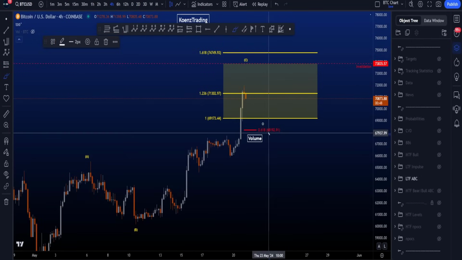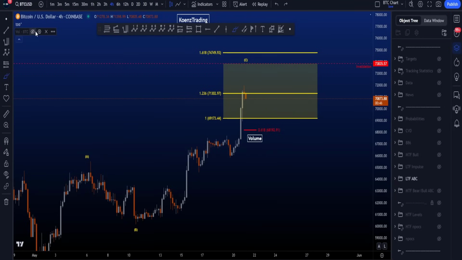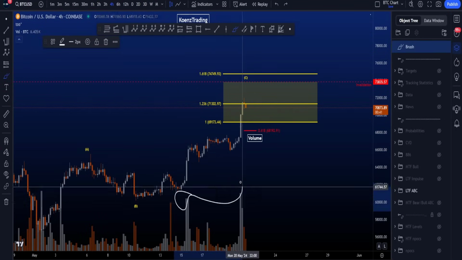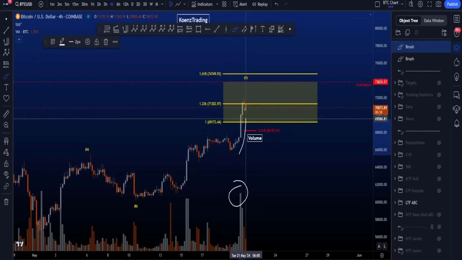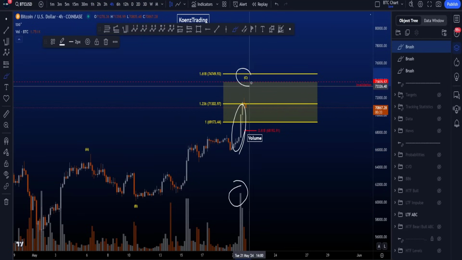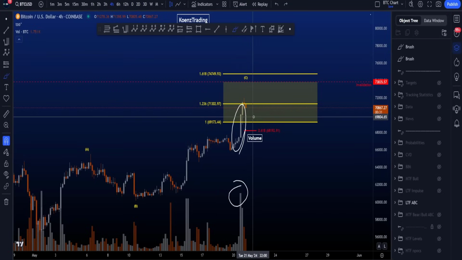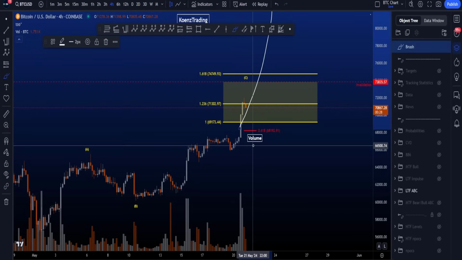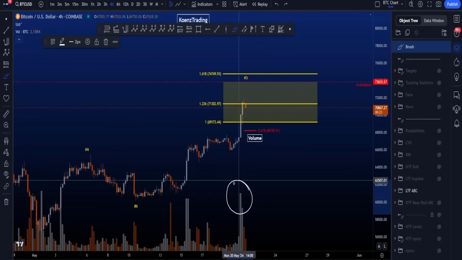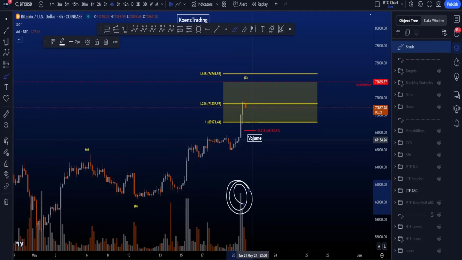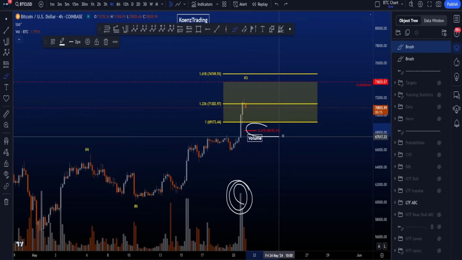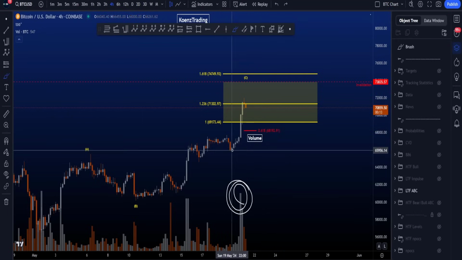In this scenario, the volume and the 0.618 are going to play an important role because at the moment, price here is moving to the upside on increased volume, with most of the volume sitting in this latest impulsive structure to the upside. Now, a wave C does like to end on a high amount of volume, so now we have to wait and see if we get a wave 3 in continuation or if we drop to the 0.618, because in an impulse, the highest amount of volume is by far most common in a wave 3, where you want to see continuation and you don't want to see the 0.618 hit,